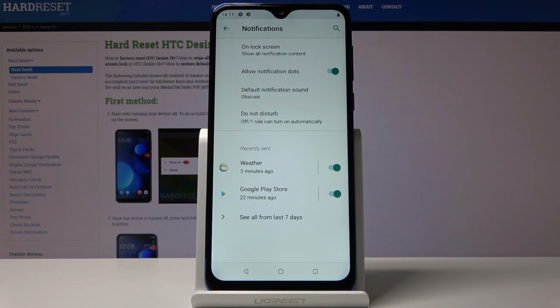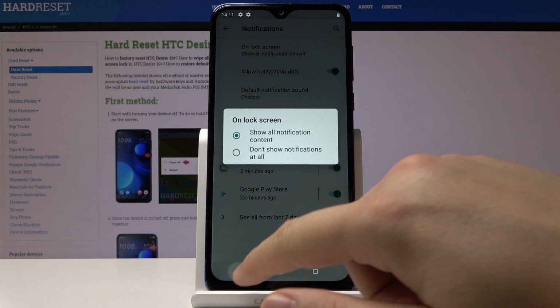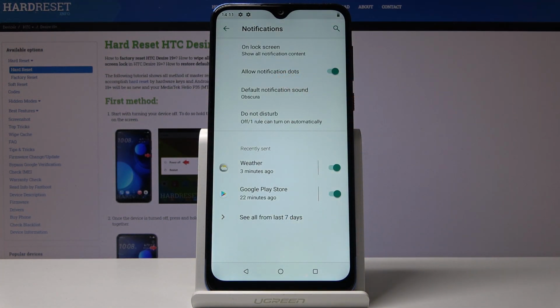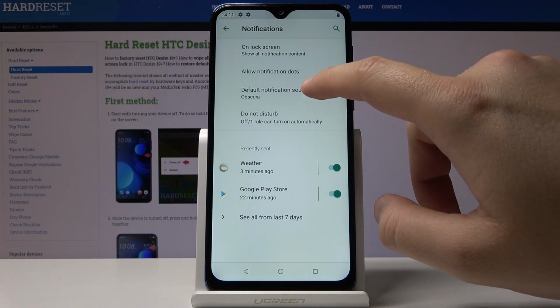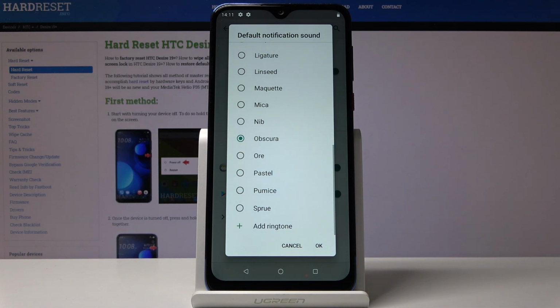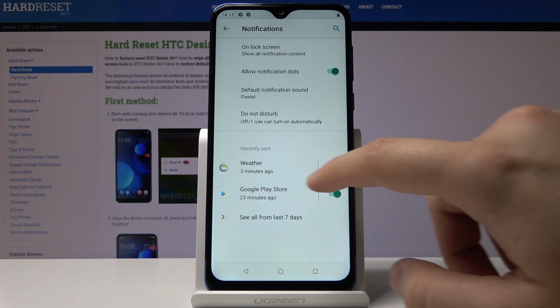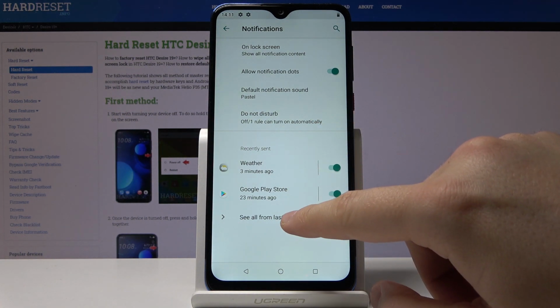there's a couple of options like on lock screen, also the notification dots, so we can just turn it off or on with the switcher. Of course there is also the default notification sound, so we can test all of them and click OK. And of course if you click here